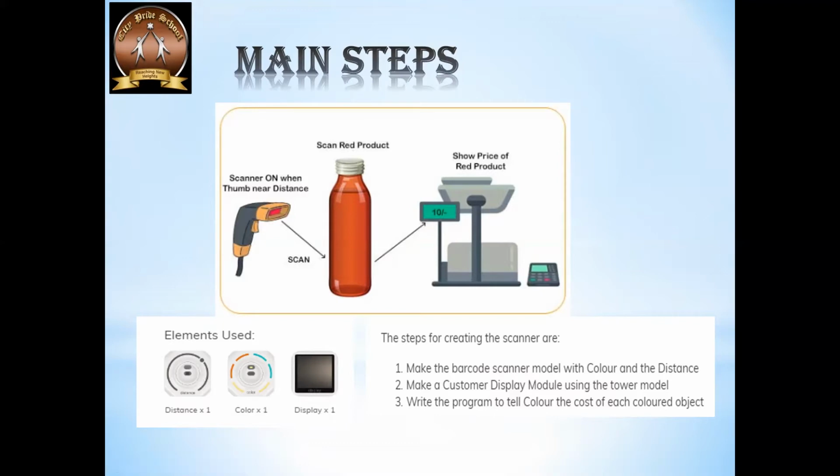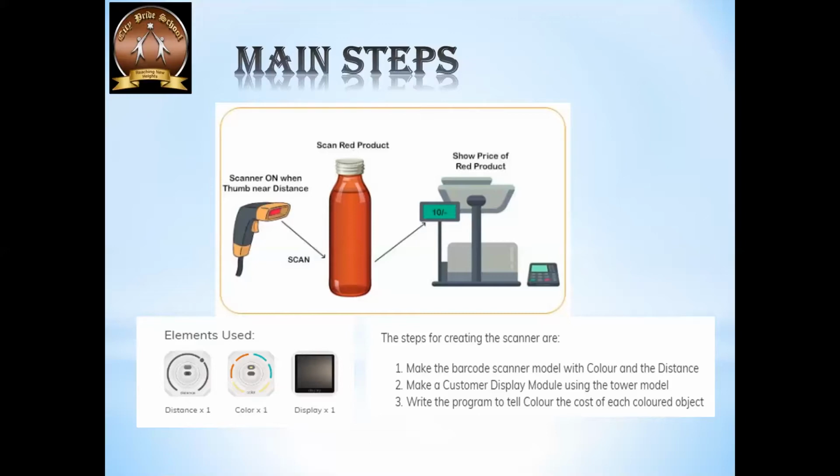You must remember that we had done something like this in the movie ticket scanner. In the movie ticket scanner, we were using the color sensor to check the color of the tickets. So here we are using the color sensor to check the color of the product and accordingly display the prices. So mainly the distance element is used to activate the color sensor, that means to just make the scanner on. For example, if someone comes near the distance sensor, only then the color sensor will get activated.